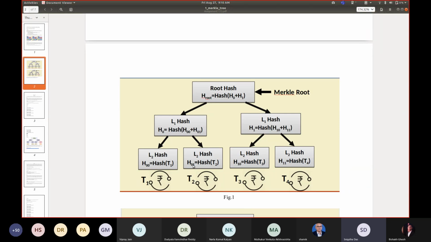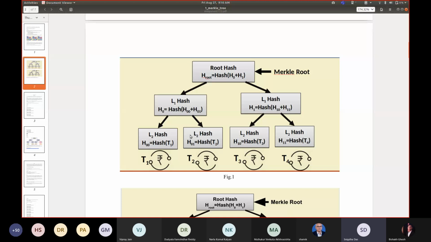Likewise, this is transaction T1, and we are creating the hash. This is called H00, and for transaction 2 we are creating H01, and finally we combine these two to create H0.